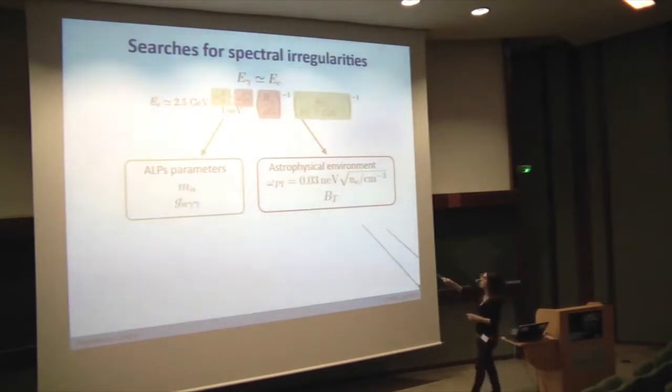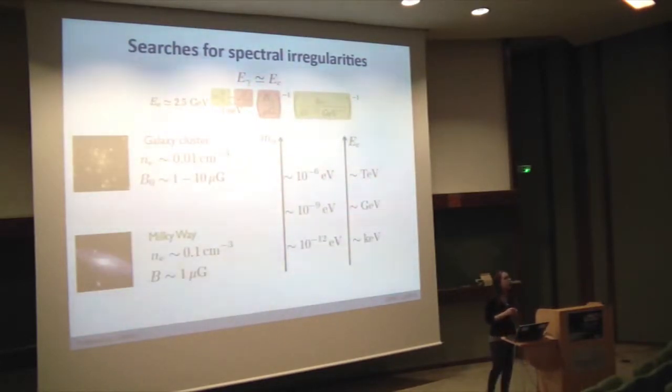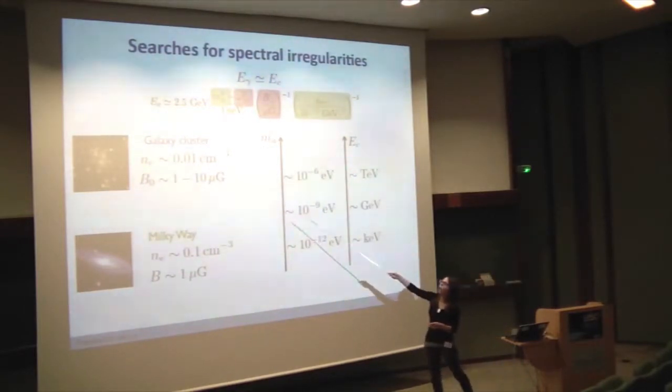And as I was saying before, it depends on the transversal component of the magnetic field. So let's just take two examples, just to have an idea of the numbers. If you take galaxy clusters, in those the density of electrons is about 10^-2 cm^-3, and the central B field in the core of the cluster can go up to 10